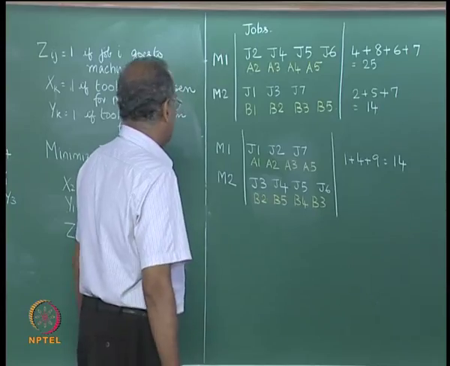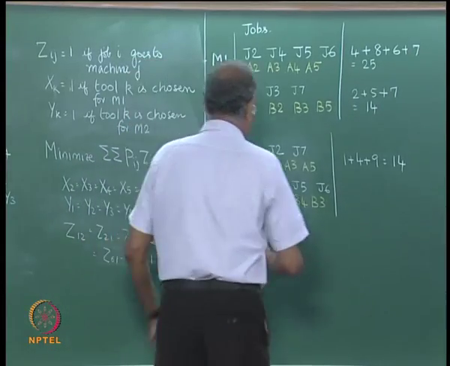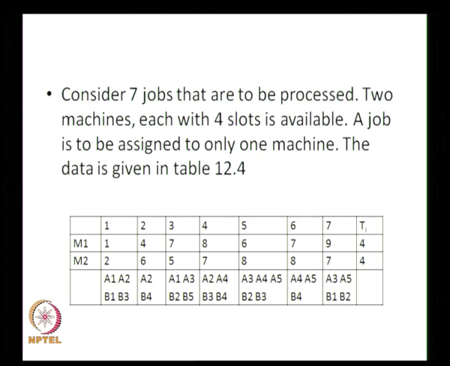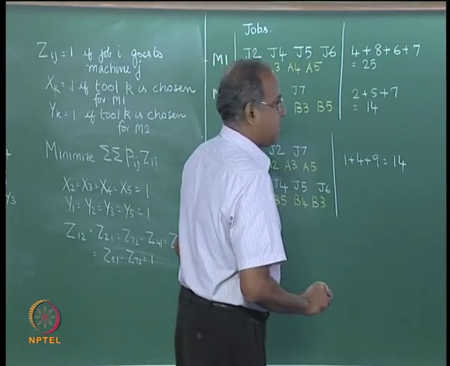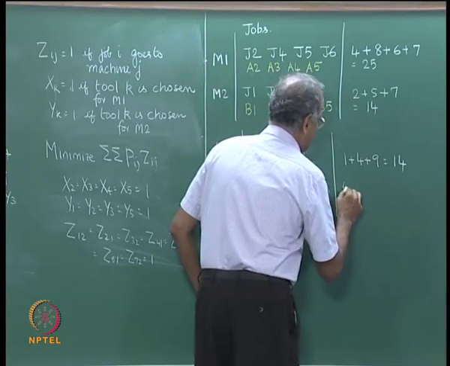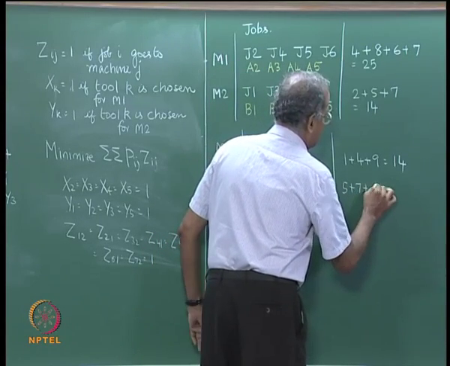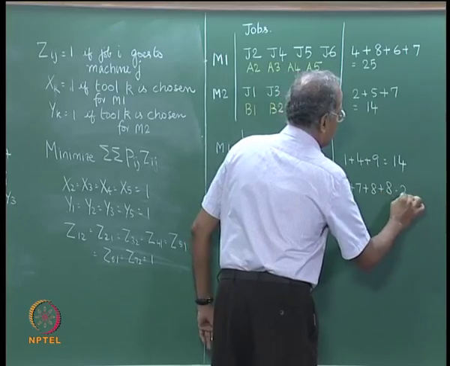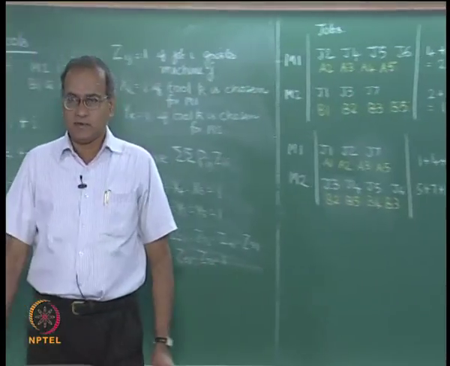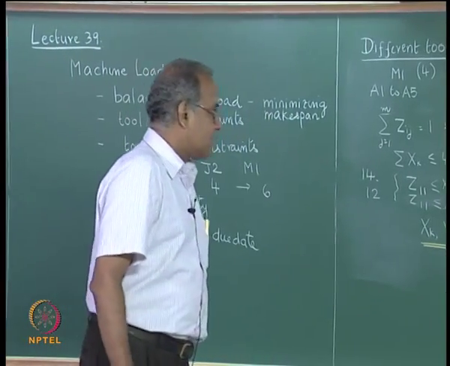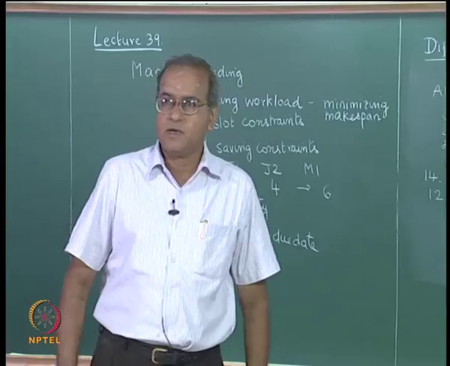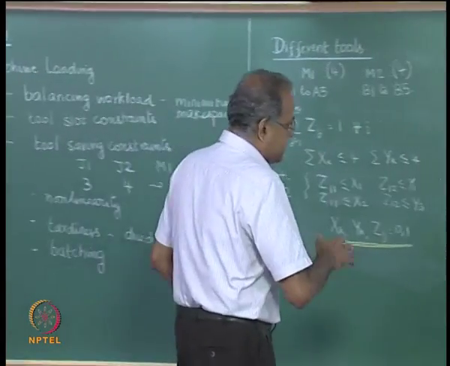For M2, 3, 4, 5 and 6, 5 plus 7, 12 plus 8, 20 plus 8, 28. So, this heuristic algorithm gives us a solution like this, but this heuristic algorithm is based on some thumb